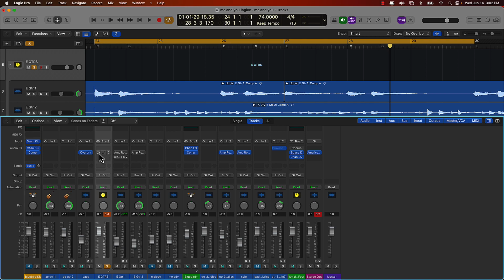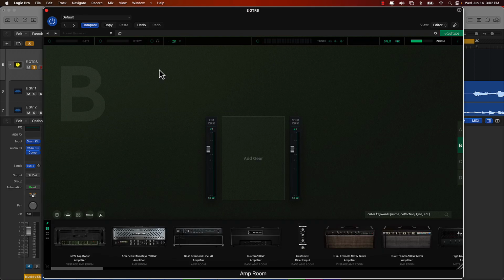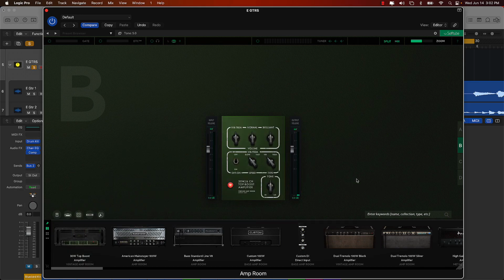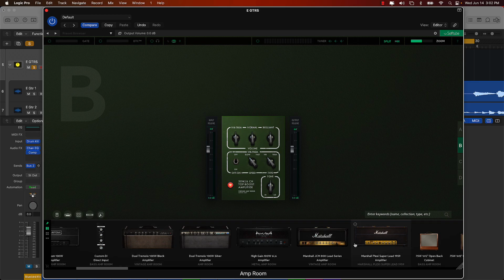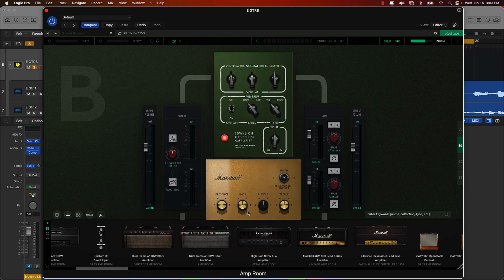But now I can add an instance of the Amp Room just on one track, and then I can organize this however I want. One of the cool things I like about this Amp Room plugin is you have complete freedom to organize your signal chain however you want. So if you want your speaker first and your amp head second, go for it. You can route anything in any possible way, which is really cool. So if I wanted, say, the Vox there, and then maybe I want a Plexi Super Lead down here,